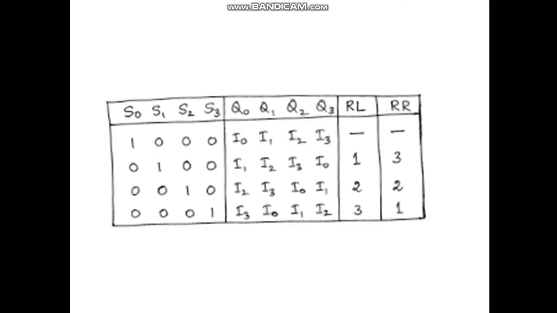You can go through the table here. Left shift by 1-bit position is equal to right shift by 3-bit positions. Left shift by 2-bit positions is equal to right shift by 2-bit positions. Left shift by 3-bit positions is equal to right shift by 1-bit position. So previously we were controlling 4 gate inputs simultaneously, whereas in this case at a time we will be controlling just one gate input. This is how the barrel shifter overcomes the problem of the crossbar switch.